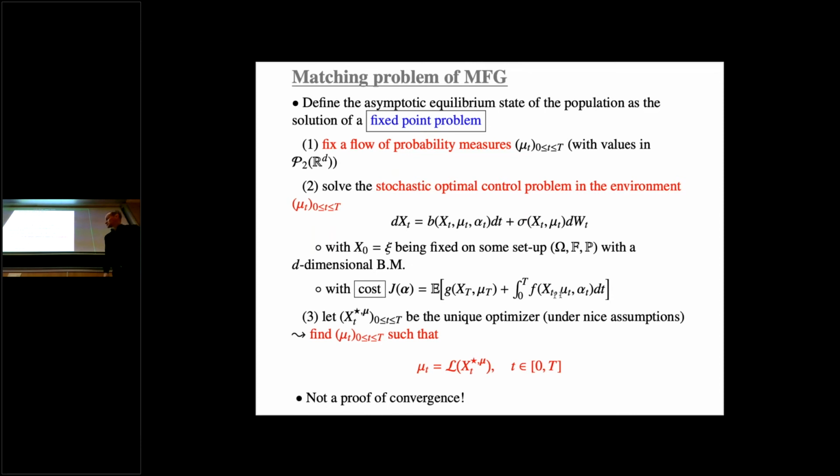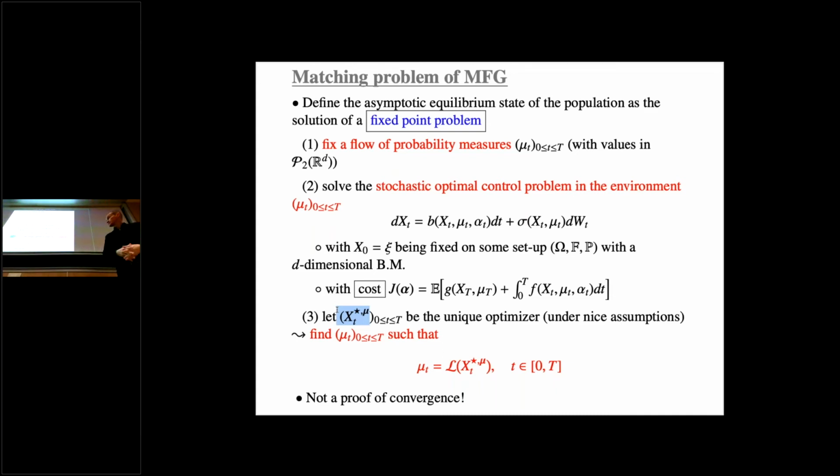So I minimize. To simplify, I assume that there is a unique minimizer, and for sure you have some generalization about what happens when the minimizer is not unique. You can guess that there are certainly several mathematical extensions, but this is the very first step. You call it X star. Star is, once again, always equilibria or minimizers or optimizers. This is the optimal path under the environment μt. I have described the others.